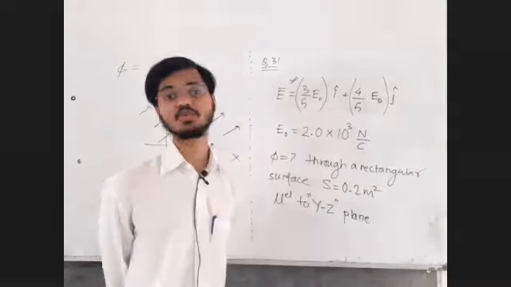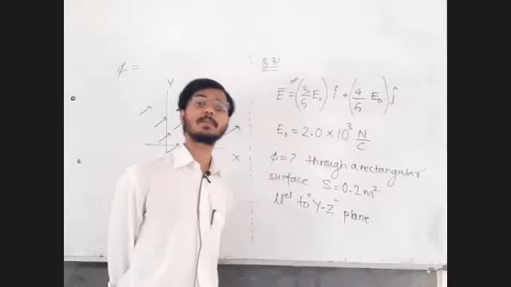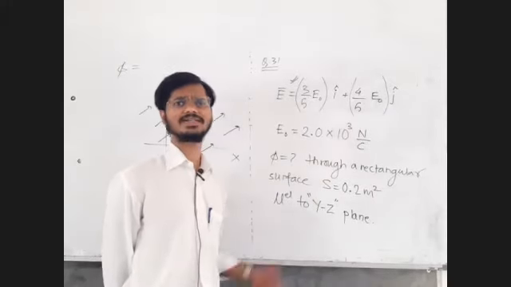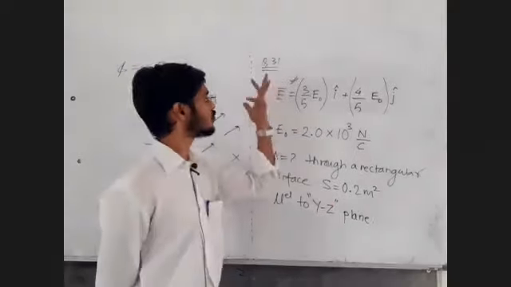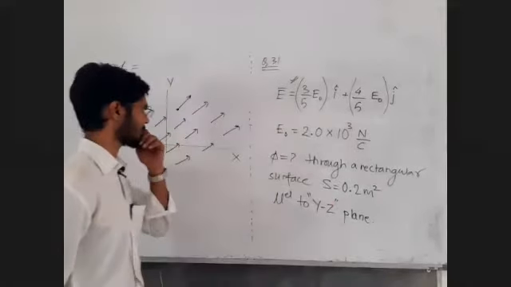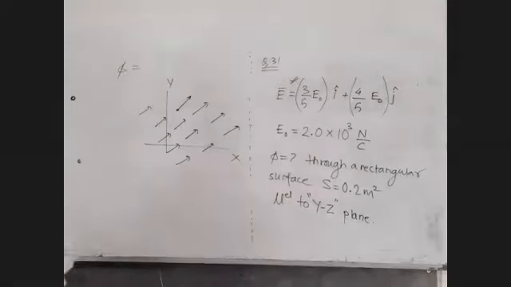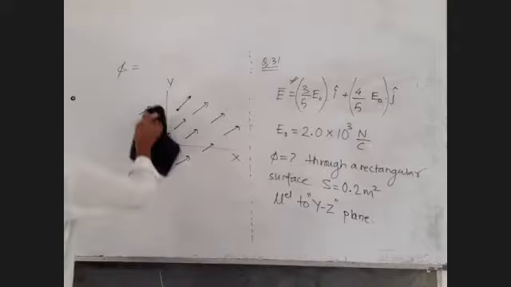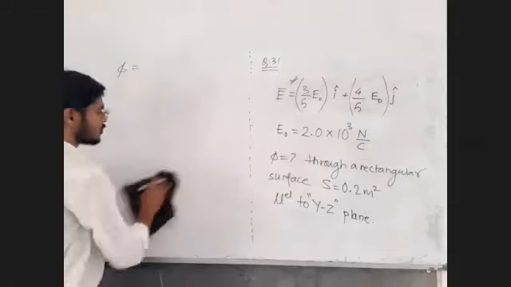Just like uniform acceleration. Uniform electric field. Uniform acceleration due to gravity. Or in general, uniform acceleration. Just like that. Uniform electric field. Fine, sir. Not changing in direction, not changing in magnitude, same everywhere. Fine. So such a field is called as constant electric field or uniform electric field. Okay. So try to understand.